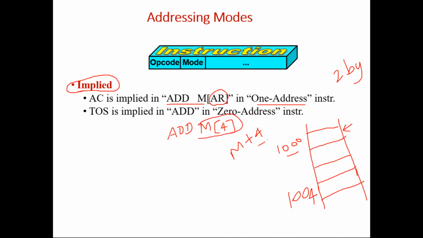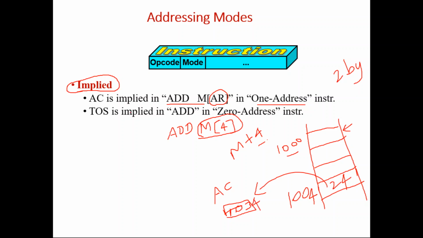So where it will be added? This is a one address instruction. So say the value at this location is 24, then this will be added with the content of accumulator. Let us assume accumulator contains 10, then this 24 will be added with 10, and the result will be stored in accumulator, and now accumulator will be updated to the new value of 34, right?